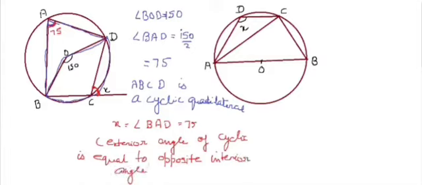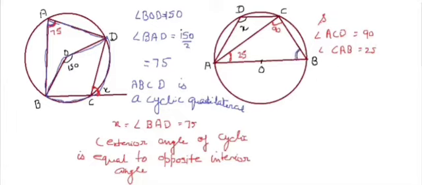Now we come to the next question. In this question we need to find x. Here it is given as 25. Now AB is the diameter, so you know that a semicircle makes 90 degrees at the circumference. So from here I can write angle ACD is 90. And here it is already given that CAB is 25. So we can now calculate angle B.